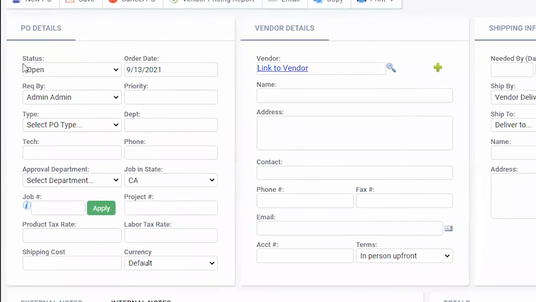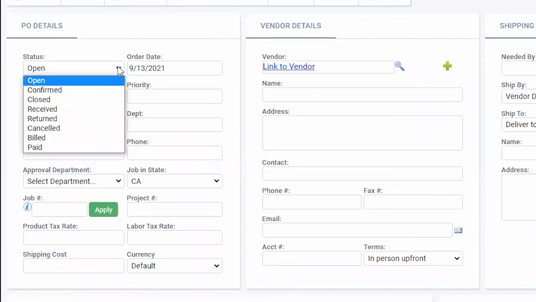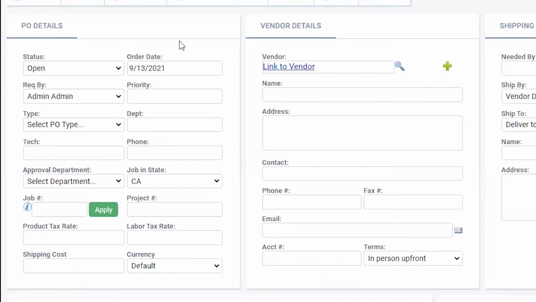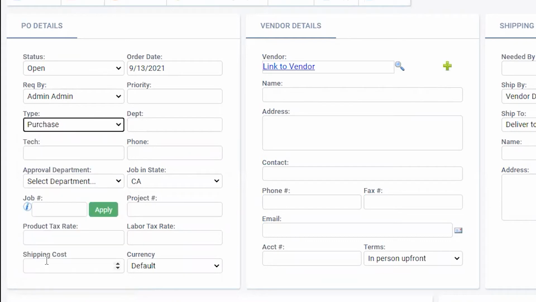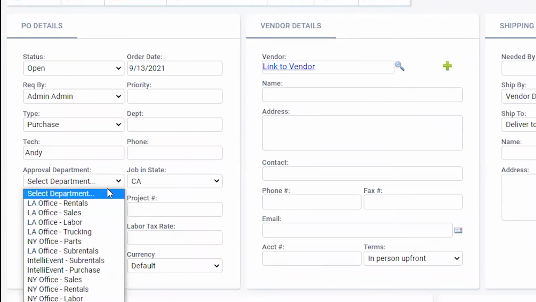The purchase order contains status, and of course in here it's open, confirmed, closed, received, or returned, canceled, billed, or paid. The order date, requested by, and the type of PO. So in this case, we're going to look at this as being a purchase. And as you can see, our return by panel has disappeared since this is a purchase. And add in the tech and an approval department. So in here, we're going to look at purchase